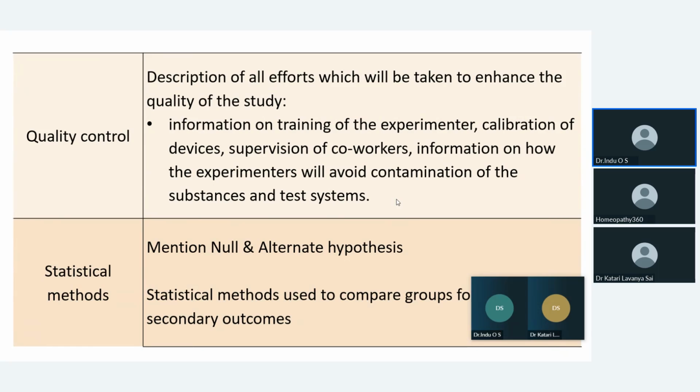Statistical methods means we have to test the hypothesis. As I mentioned earlier, we have to test whether the null hypothesis is right or wrong, or the alternate hypothesis is right or wrong. For that, we have to use some test. As I mentioned in the simple myopia study, it's a single group study. We are seeing the effectiveness of our medicine in the management of simple myopia. Simple myopia means a myopia not affected with astigmatism. Usually you get astigmatism along with myopia, but very rarely do we get simple myopia alone.